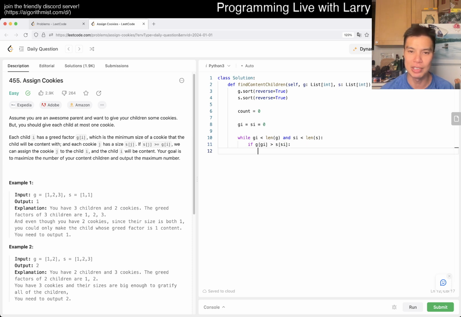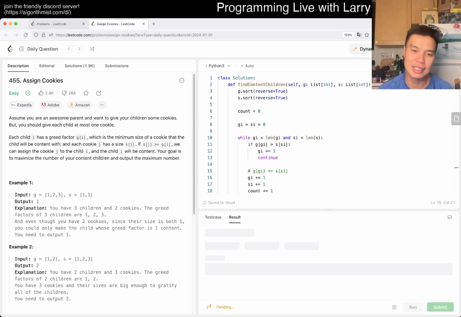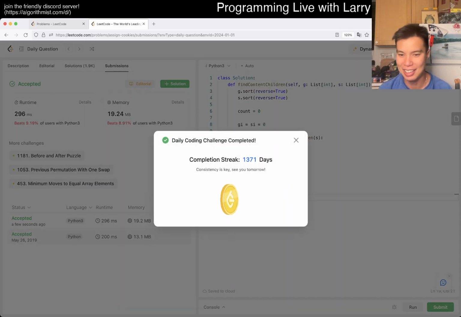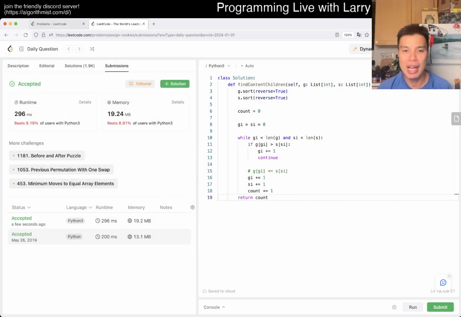That means that no cookie works for gi, so we increment gi by 1, and then we continue. Otherwise, this cookie is good, so we eat the cookie and increment, and that's pretty much it. I mean, like I said, this code and even this idea is not very hard,